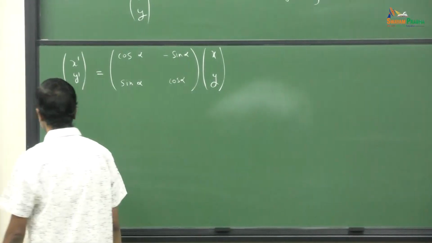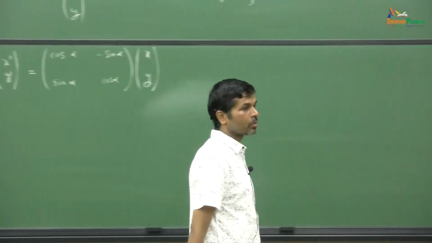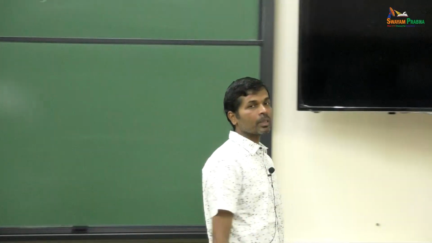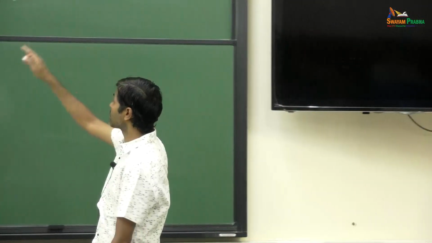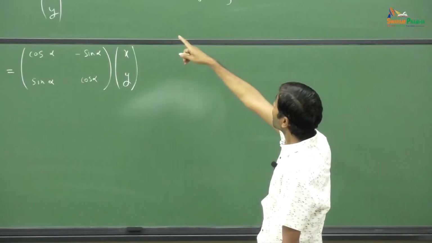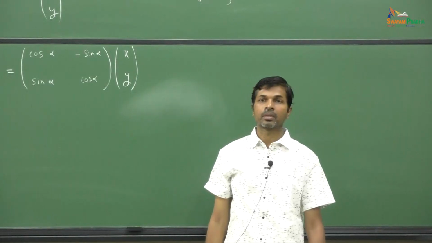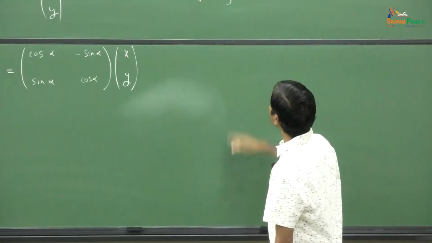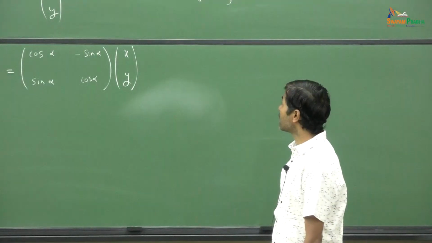Now it is a simple exercise. You can show yourself. You consider any vector on a plane. Here we have derived it for the position vector. That will also tell you how the unit vectors are related among each other. You can obtain the relationship between the unit vectors, and